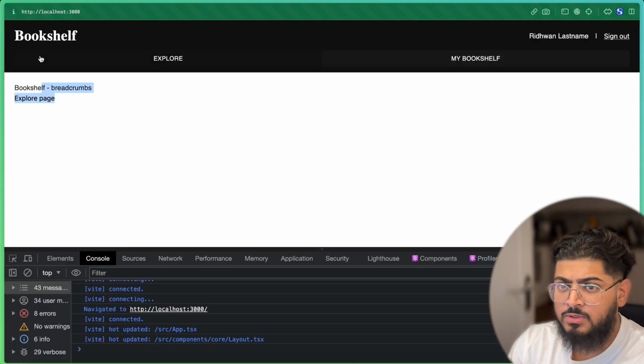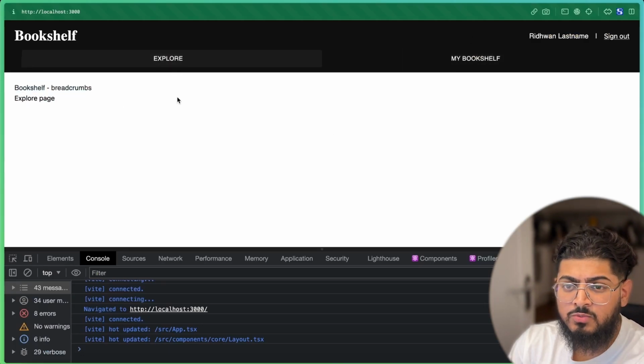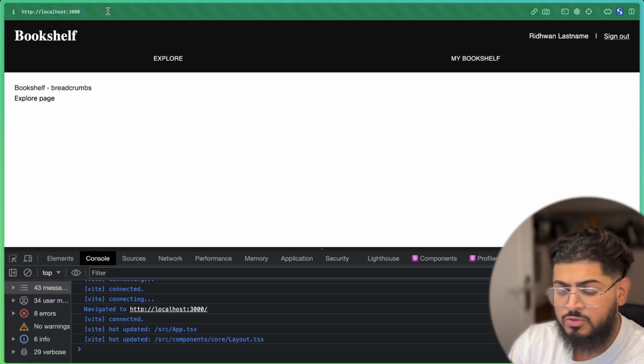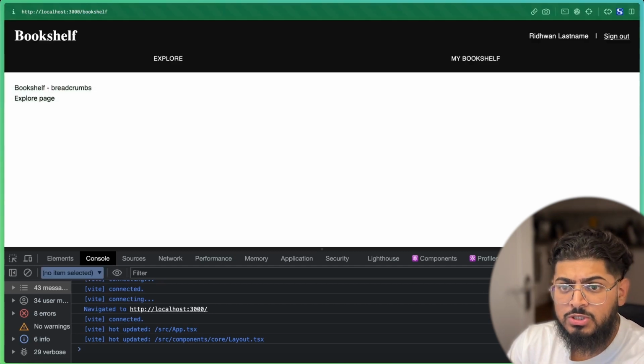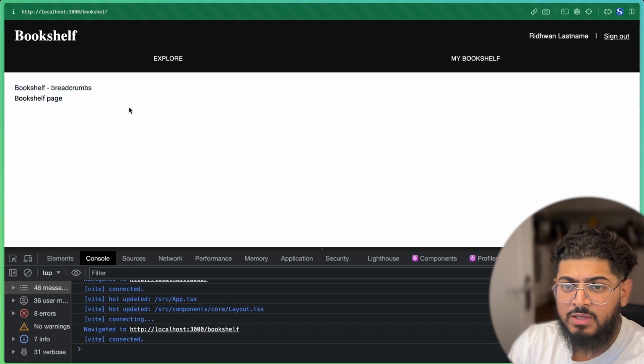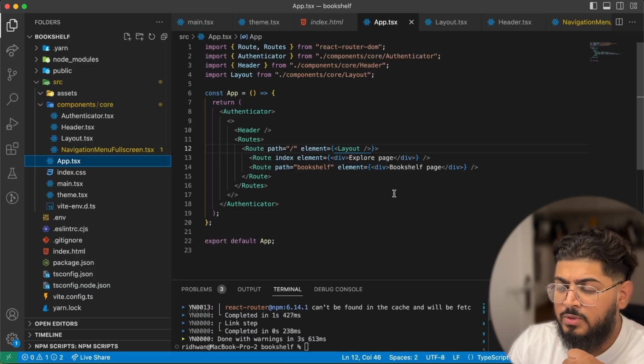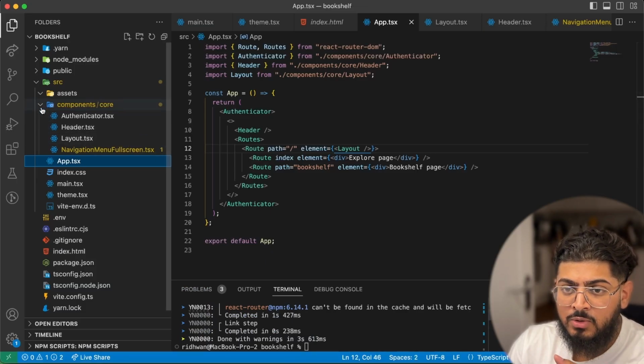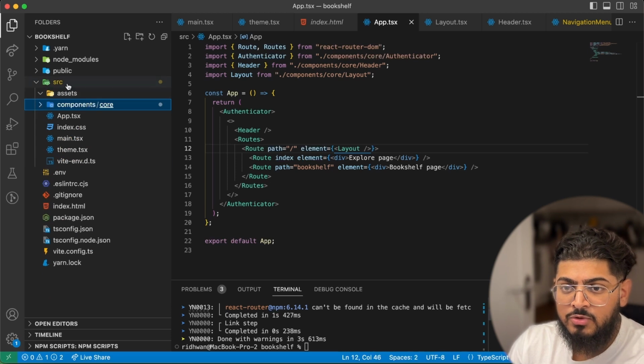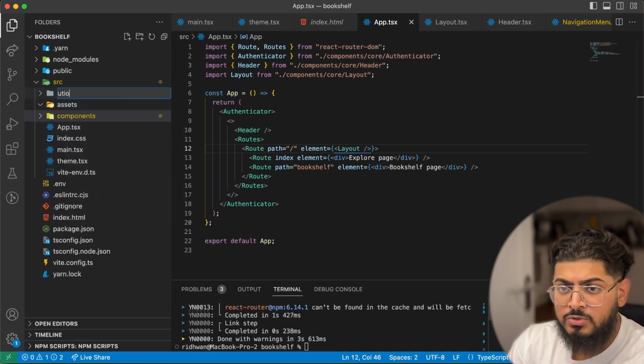Like that. And we can see we haven't got navigation working on this quite just yet. But if we change this to bookshelf, we can see that we're navigating to a different page. Okay, so the way that we're going to be organizing our routes is by creating a folder called util, and